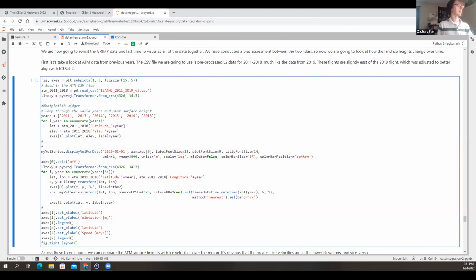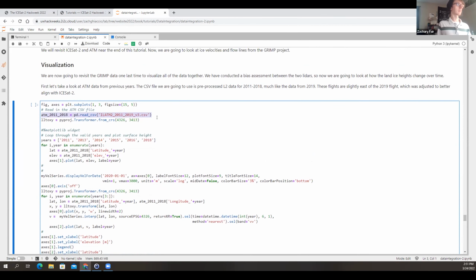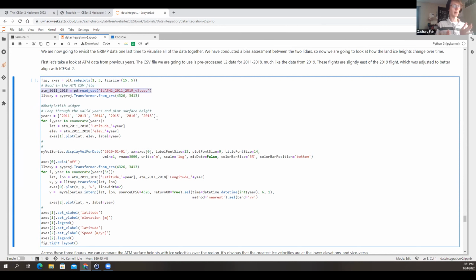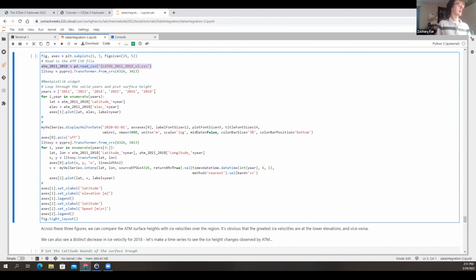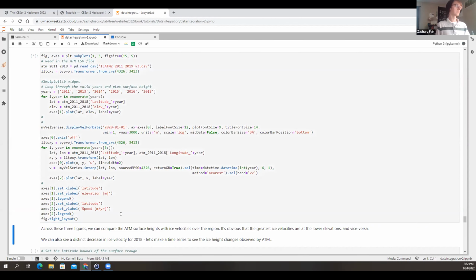The gist is that we're going to look at all the ATM tracks from 2011 through 2018, and all of this data is included in a CSV file that I have downloaded on the repo. Essentially, this file is just a combination of ATM files that I compiled ahead of time so that we didn't have to go through all of that during this tutorial. And so we're going to plot that alongside the ice velocities. So if I run this cell,